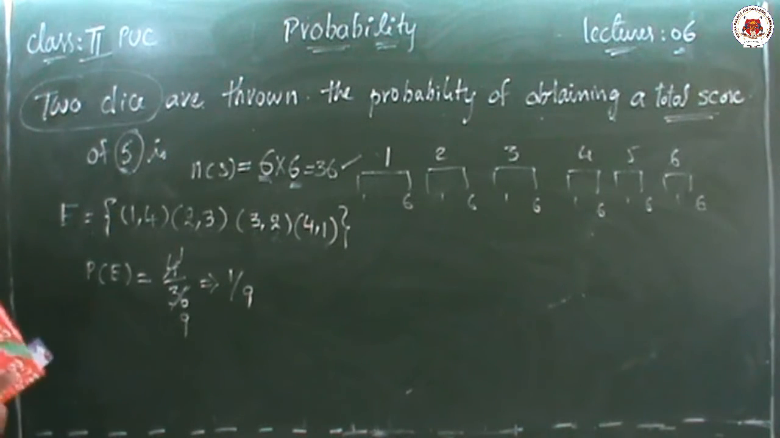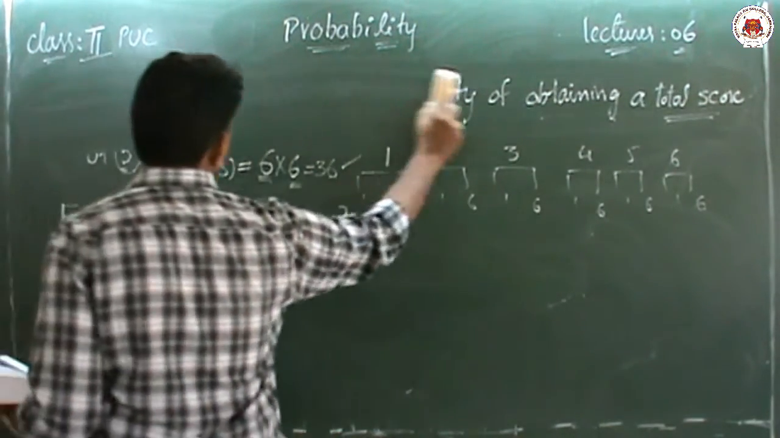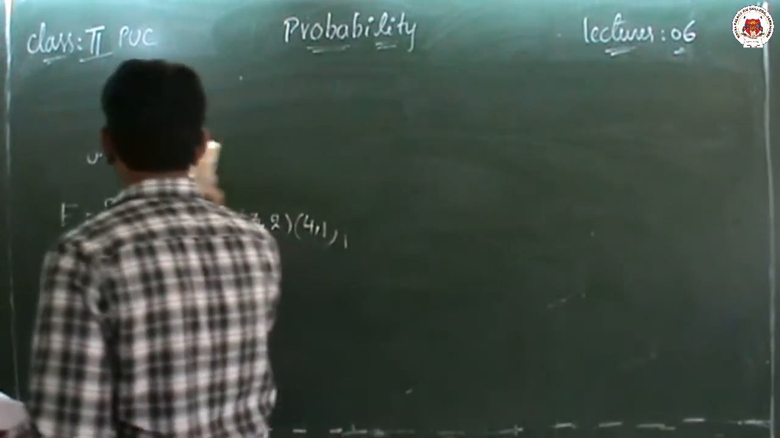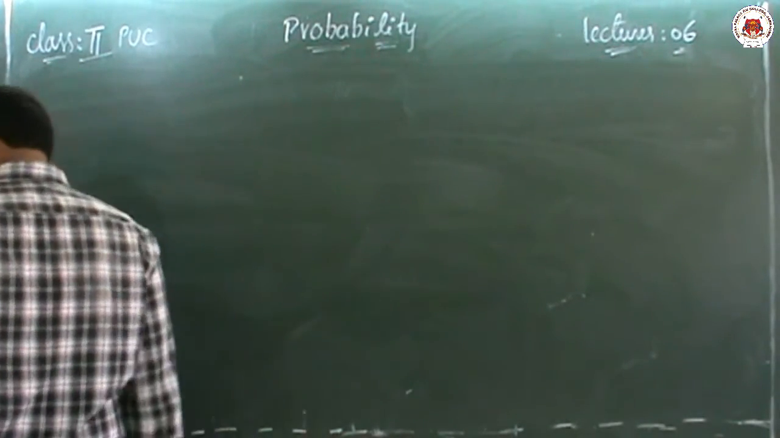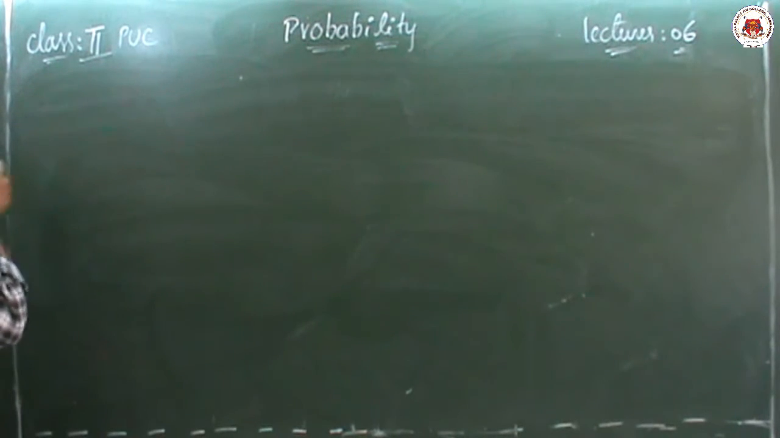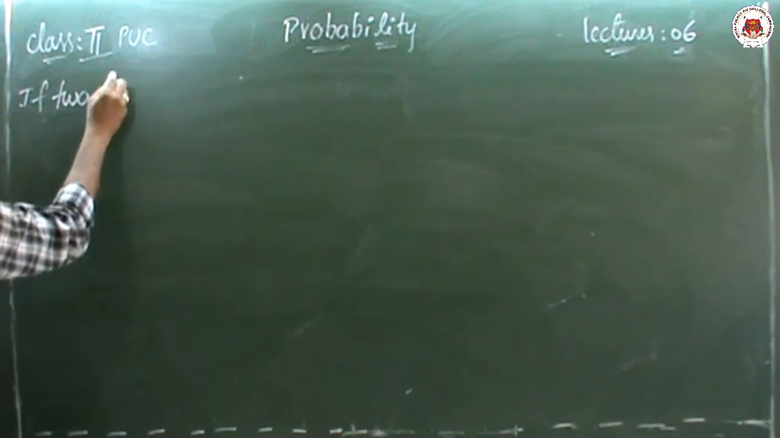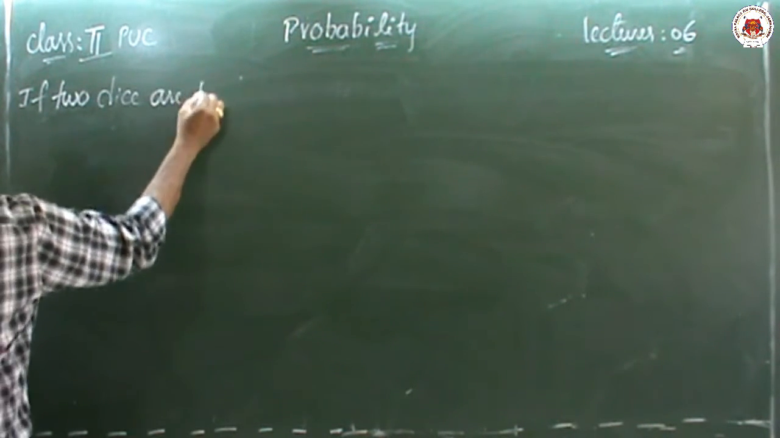This is the question which was asked in the previous exam. This question was asked in 2014 in the CET exam. Now we go to another question. Next question. If 2 dice are thrown,